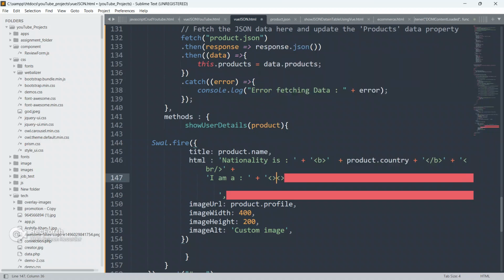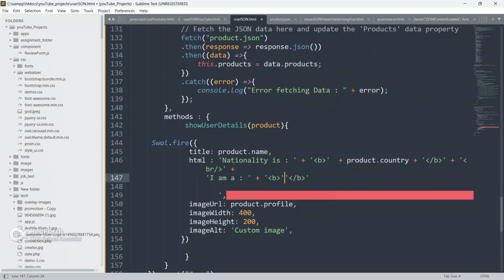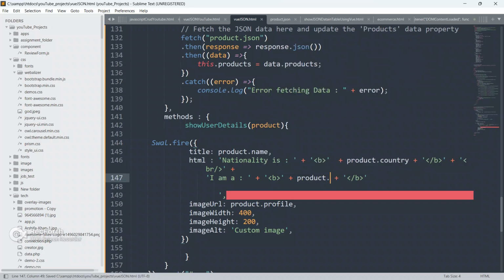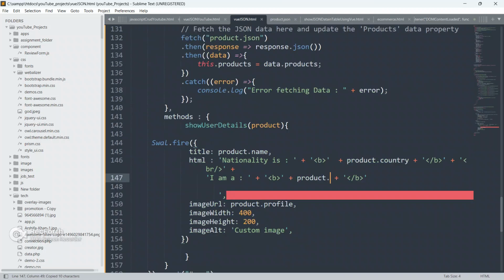Plus, again I will put B for bold, and close this B. Inside this B I will give plus for concatenation, and I will say product.profession.